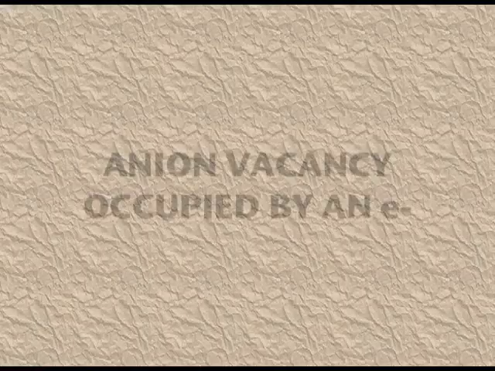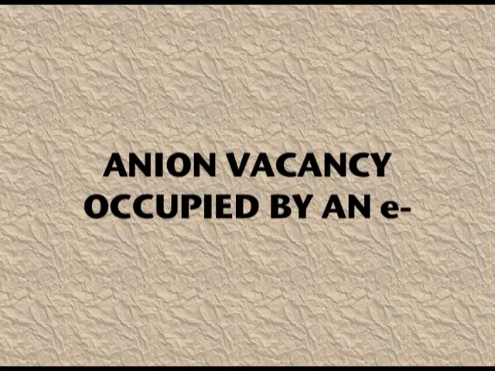Since the chloride ion is a negative ion, that is, an anion, the site which is left by the anion is occupied by the electron. So we say that the F centers are the anionic vacancies occupied by electrons. These electrons are responsible for the color of the alkali metal halides.